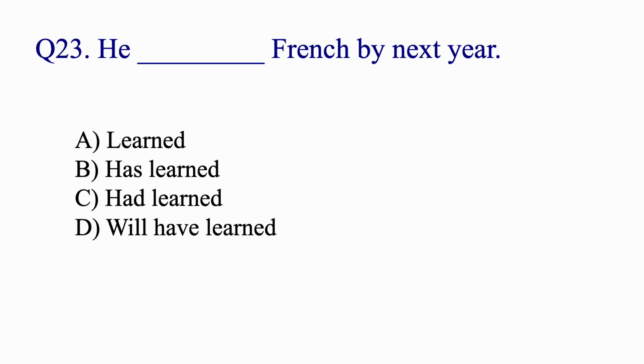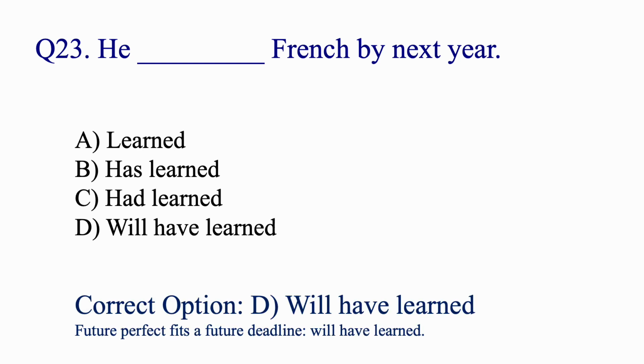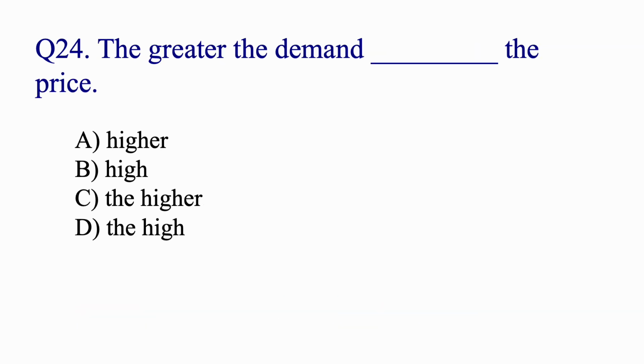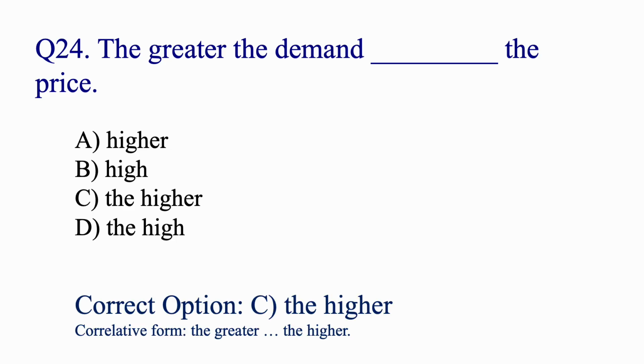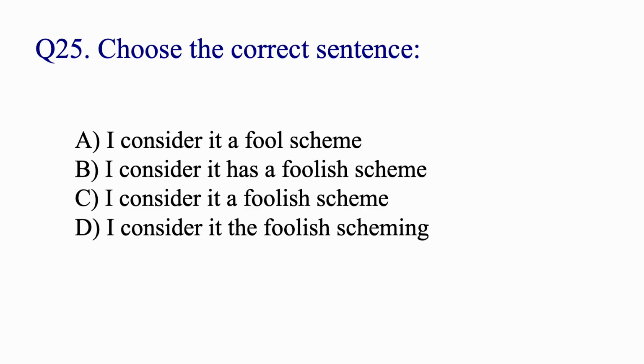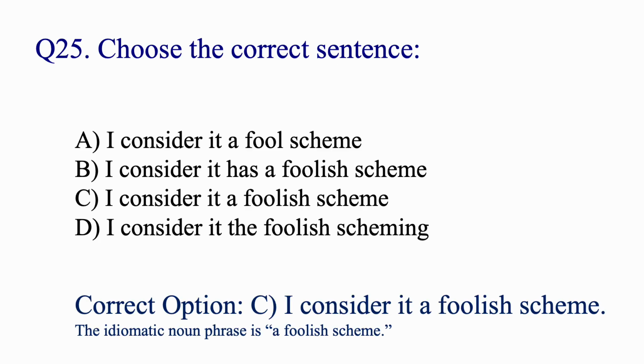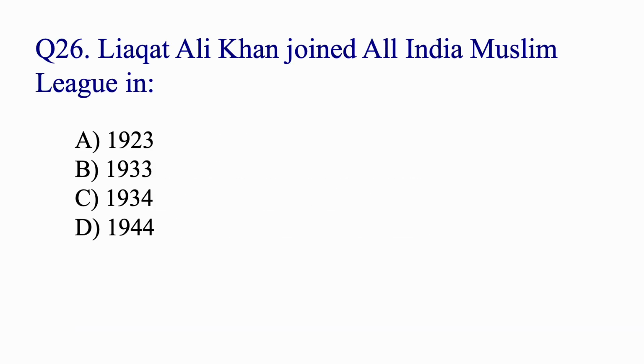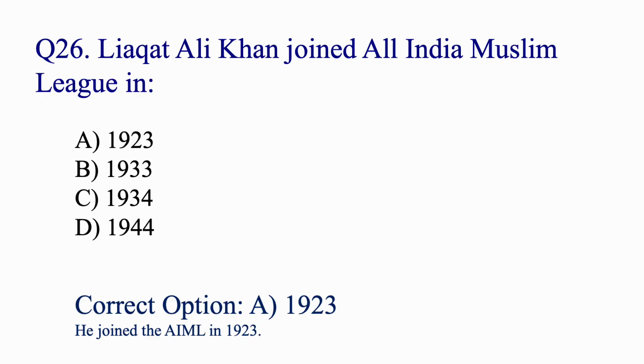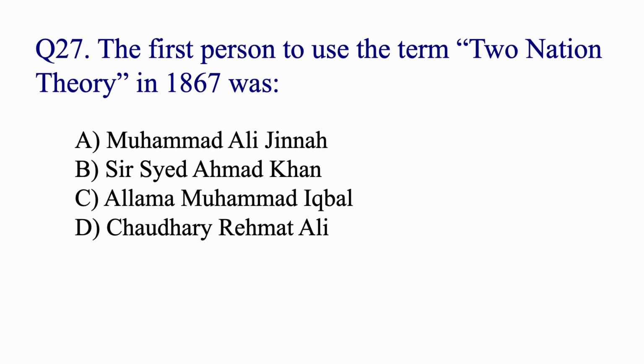He dash French by next year. Will have learned. The greater the demand dash the price. The higher the price. Choose the correct sentence. Option C. I consider it a foolish scheme. Liaquat Ali Khan joined All India Muslim League in 1923. The first person to use the term two-nation theory in 1867 was